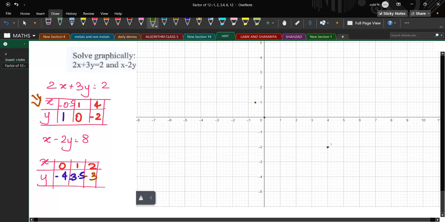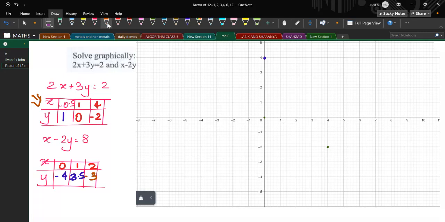Still some problem. It is coming very far. It should come as a straight line. This is not correct. Let's check another one. Achha, it was 1 and minus 0.5. Oh, yes. So 4 and minus 2. Then 1 and 0, 1 from the x axis and 0 from the y axis.